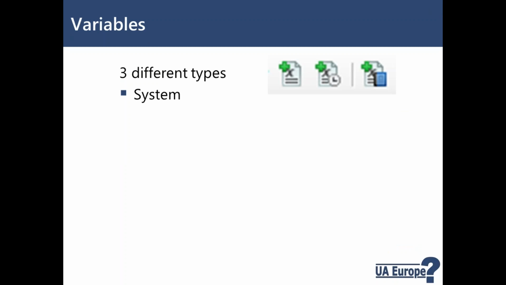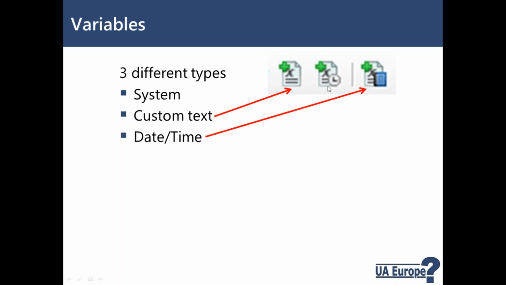So there are 3 different types of variables: system variables, things like page numbers and date. These are variables that are provided for you. What's more interesting is we can create our own custom variables for things like product names and telephone numbers. And you would do that by using this create text variable button. There is also the possibility of creating your own custom date variables, and this mysterious button in the middle in